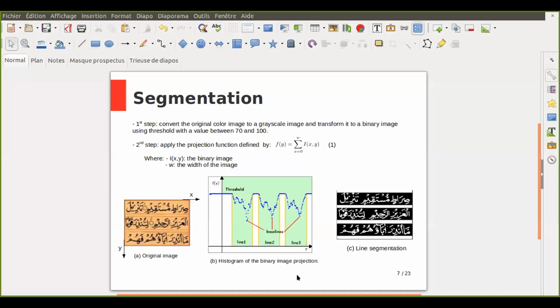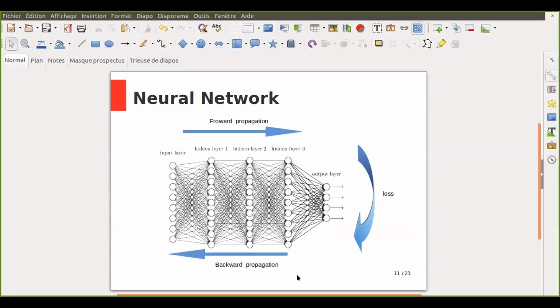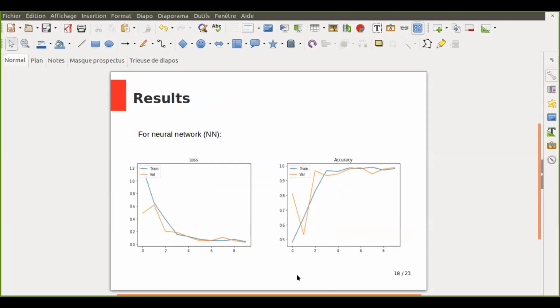For my last remark, you did not speak about a comparison between the neural network and the convolutional neural network. As you know, for the second approach, we need a large data set. Yes, in fact, we are trying to collect our data. The first one contains historical handwriting, and the second one, the modern.